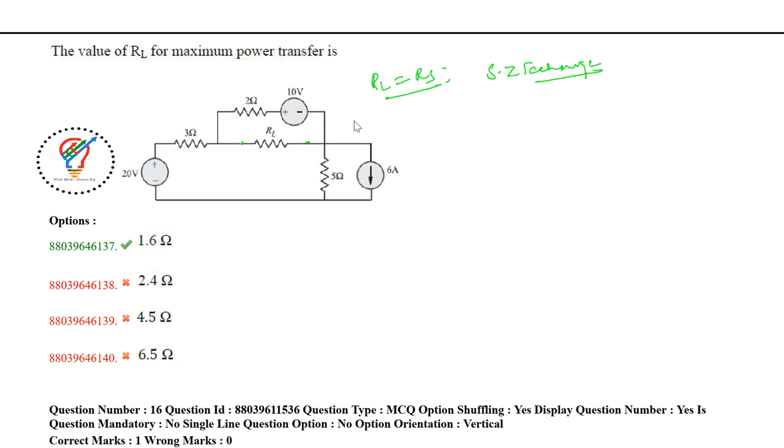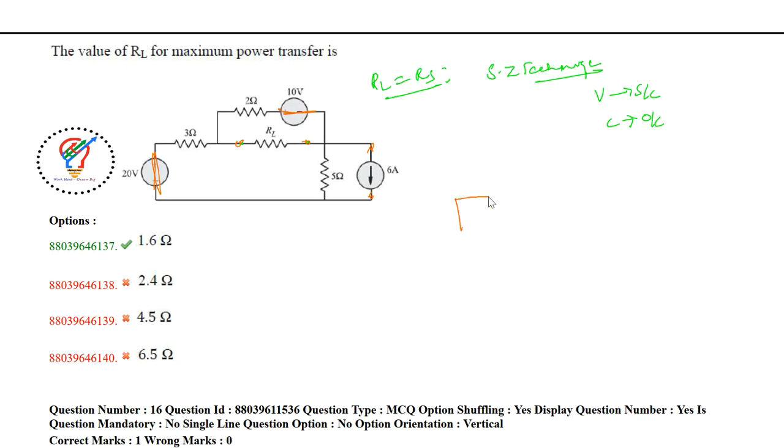Just go through it, because all the questions which I am discussing in the PGCET, the same questions and concepts appeared in the 2021 GATE paper, so you can expect the same questions here. In the source zero technique, we make the voltage source a short circuit and the current source an open circuit. I will draw the circuit here: the voltage source shorted, the current source open, and I am going to find the value of RL.